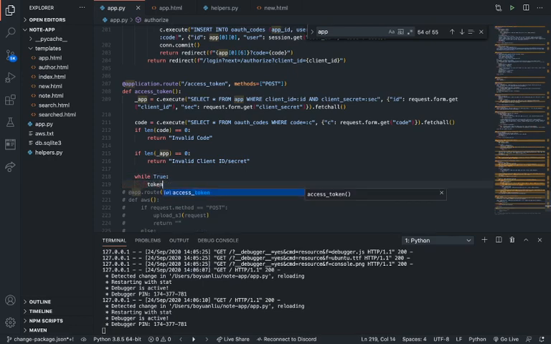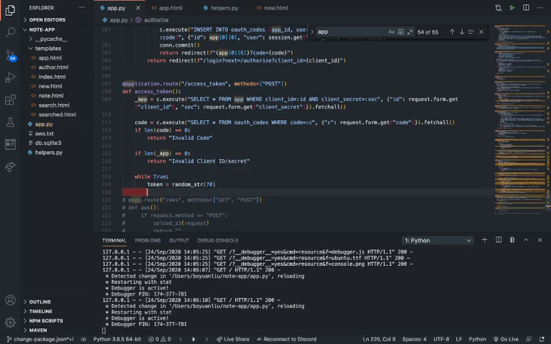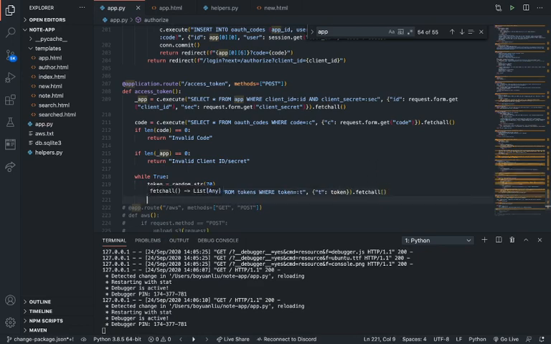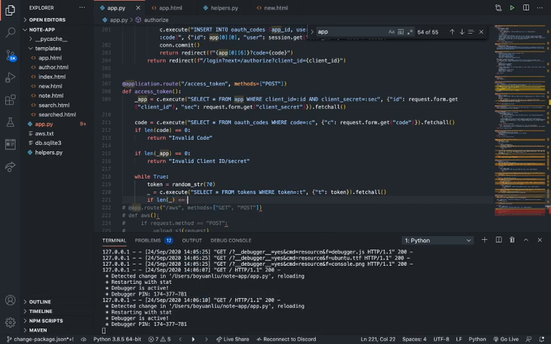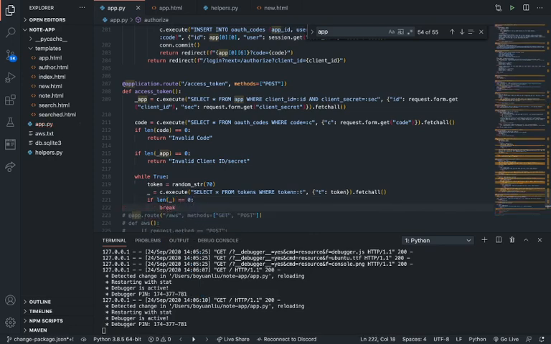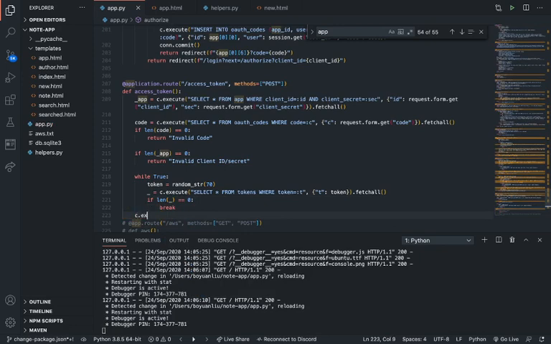We're going to generate an access token. Again, the reason we're using this infinite loop is that we're checking for duplicates. It's not likely for us to have duplicates, but just from a design perspective, I'm going to add this duplicate checker. Token equals T equals token dot fetchall. And then if length of underscore equals 0, we'll go ahead and break. Otherwise, we're just going to say c.execute